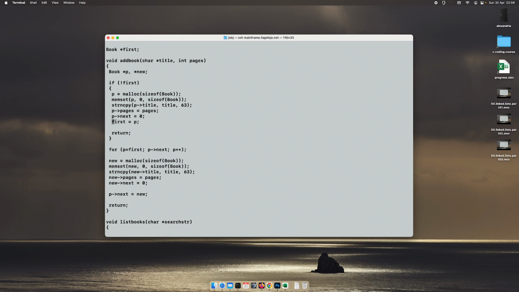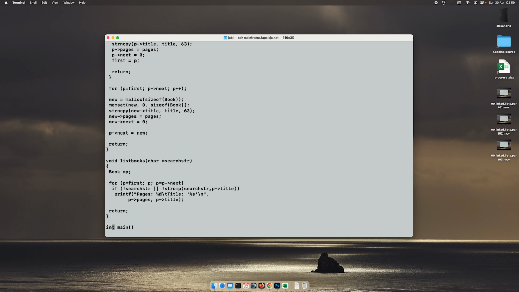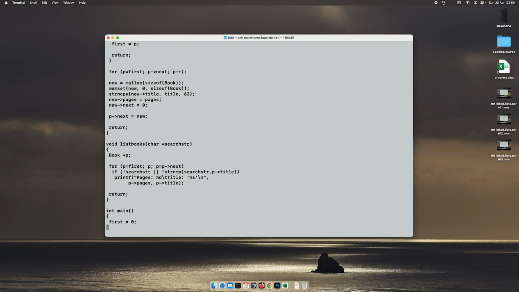First equals P. And this is the last one. Copy. New title. New next is 0. And P next is new. Is it our print function or